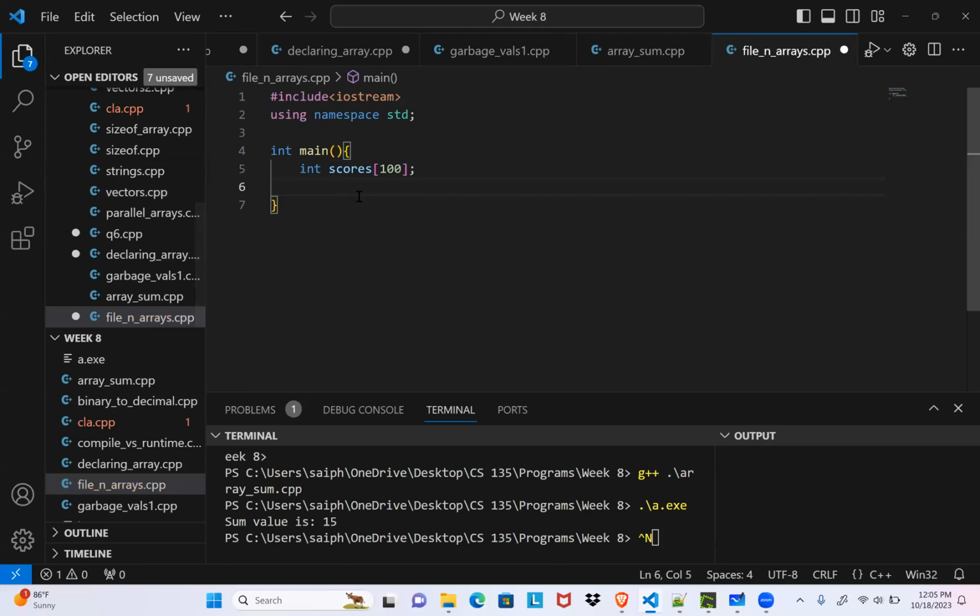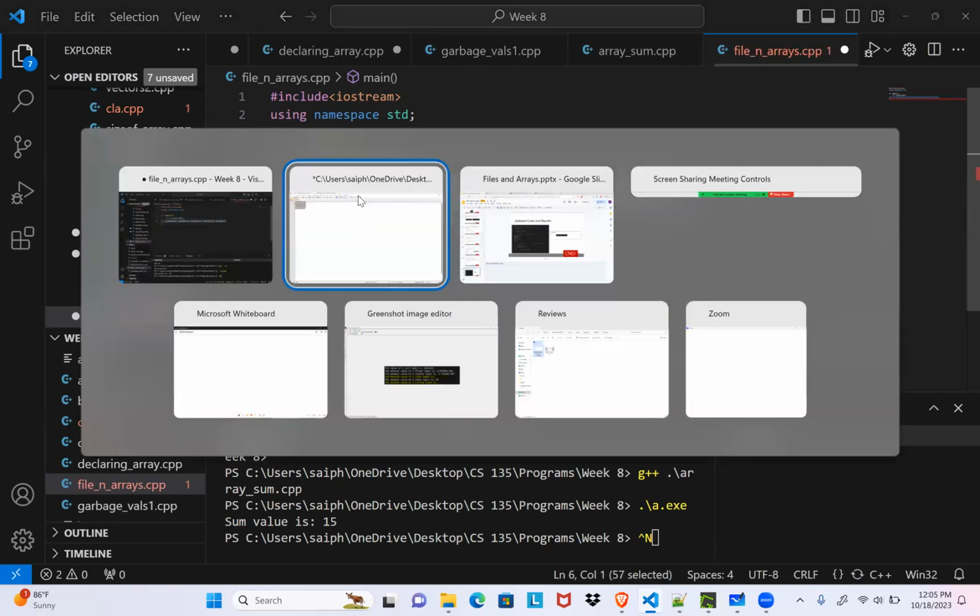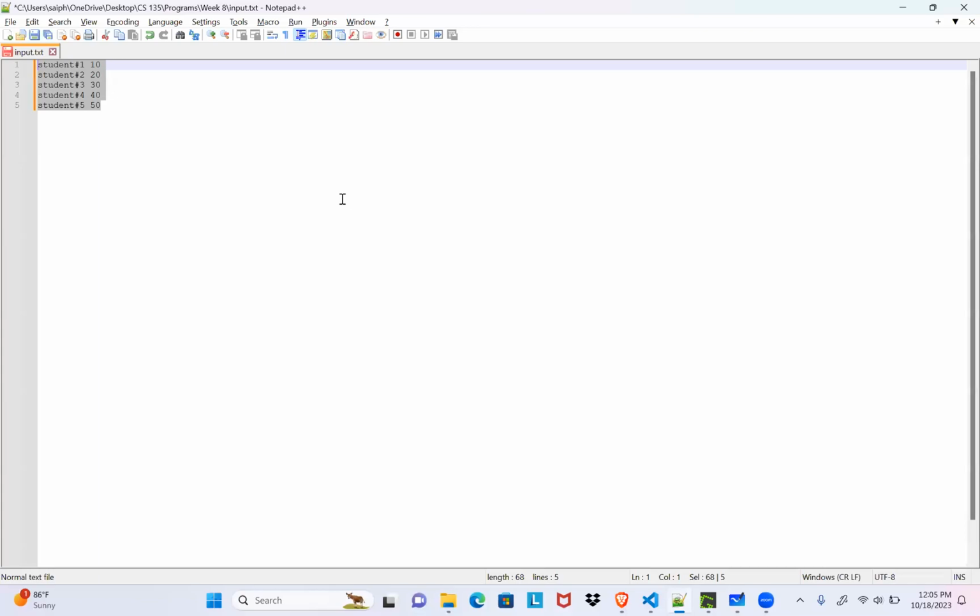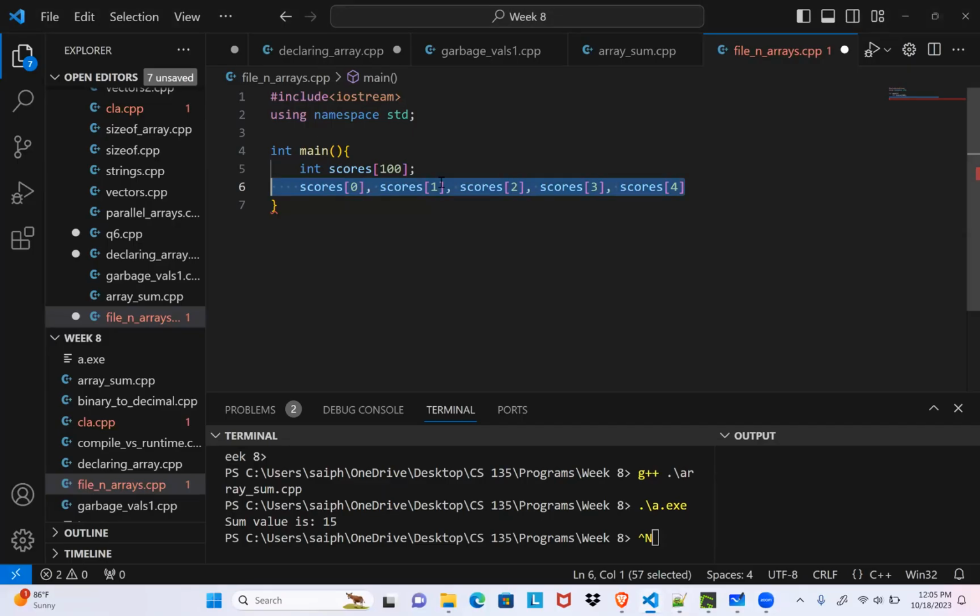That means scores of 0, scores of 1, scores of 2, scores of 3, and scores of 4 are populated with the data available in the file. So scores of 0 will be 10, scores of 1 would be 20, scores of 2 would be 30, and so on.